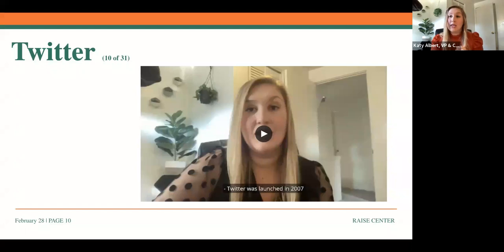It essentially creates an aggregate dashboard. You can plug in your Facebook, your Twitter, LinkedIn, Instagram. The channels that you can upload depend on which dashboard you're using. But it's one place where you can schedule and check your analytics for all of your different social media platforms in one place.